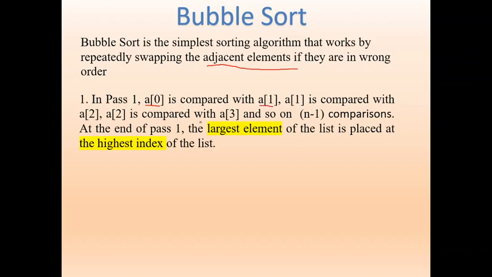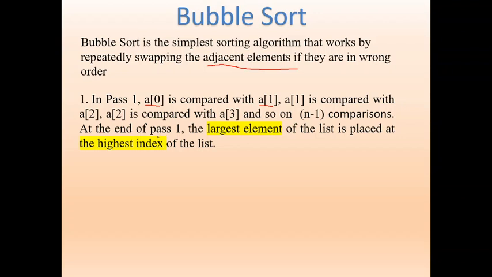For example, if you are making it ascending order, the smallest number is on the left hand side and the largest number is on the right hand side. If A of 0 is greater than A of 1, that means if the left hand side is greater than the right hand side, they are to be swapped. So it is comparing like this. A of 0 is compared with A of 1, A of 1 with A of 2, A of 2 with A of 3 and so on, up to A of n-2 compared with A of n-1.